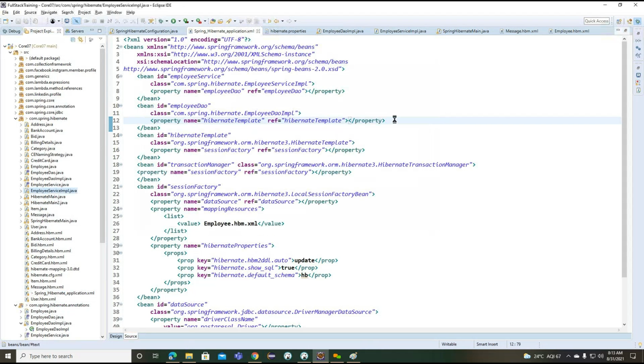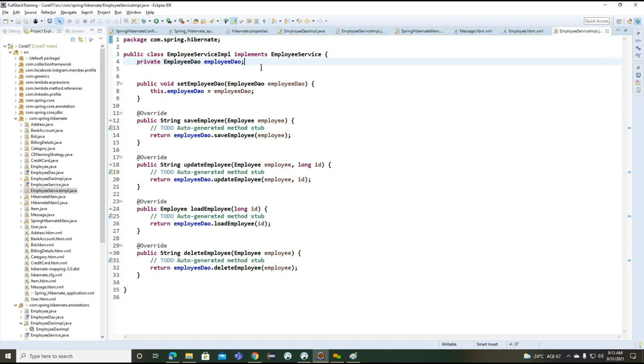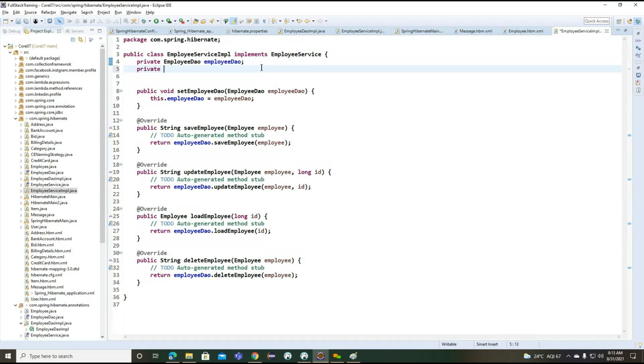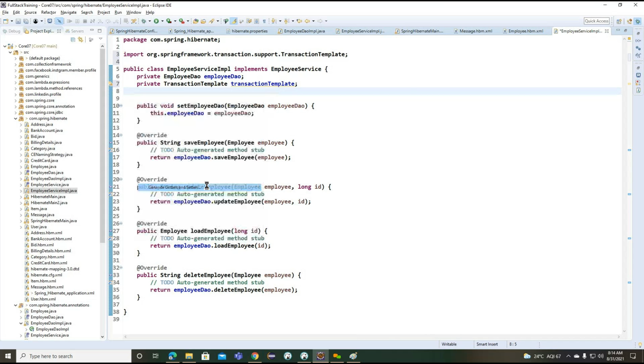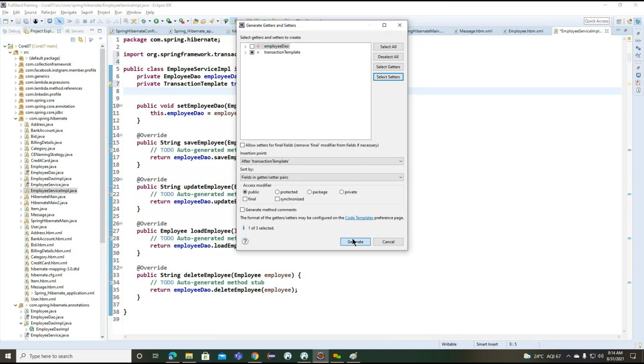Now we'll observe transaction. Here we can define the transaction template, and we'll try to provide this particular setter method.